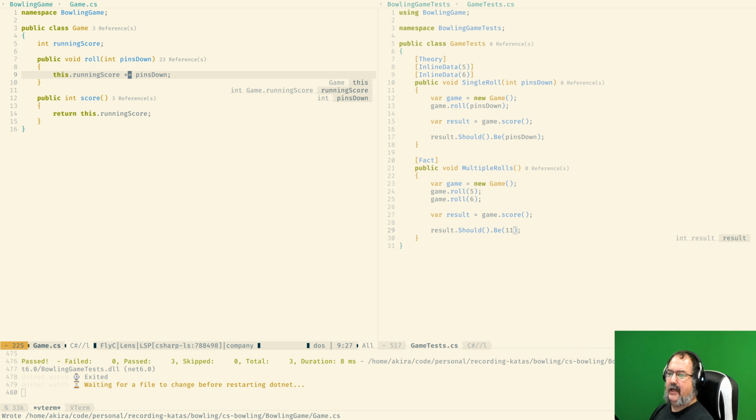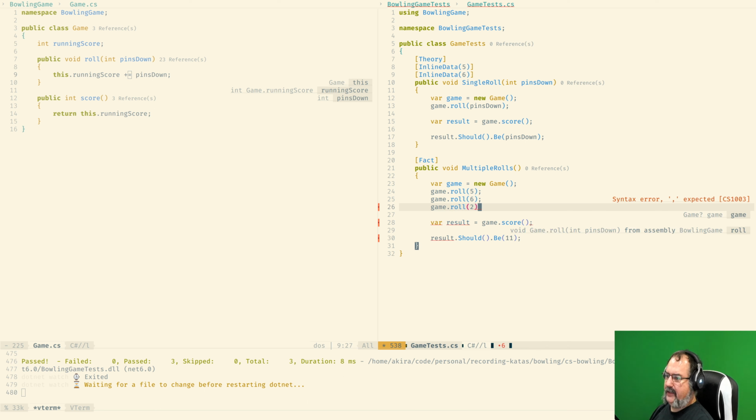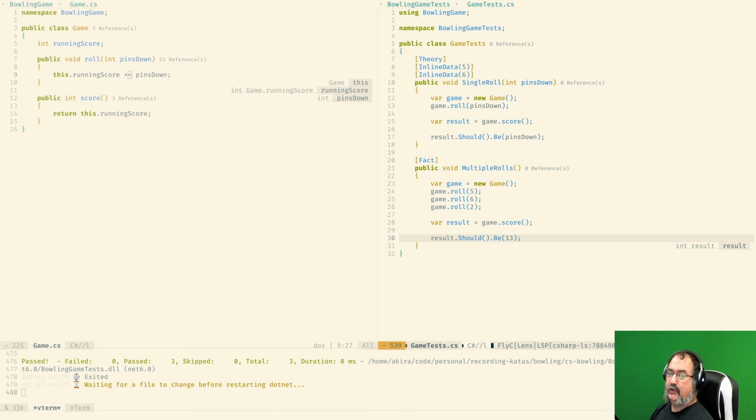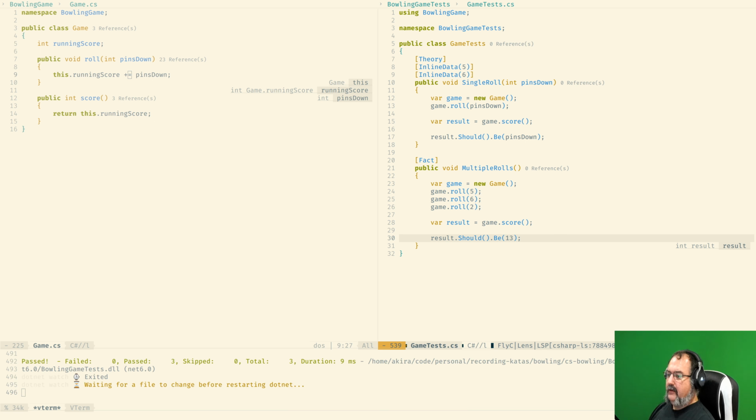And we know, because of the properties of the frame, that if we add the third roll it's still gonna work. We can add it as a separate test, or modify a test that already exists. What you do depends on the specific test and the properties of the test. In this case, just modifying the existing test is the easiest thing to do.